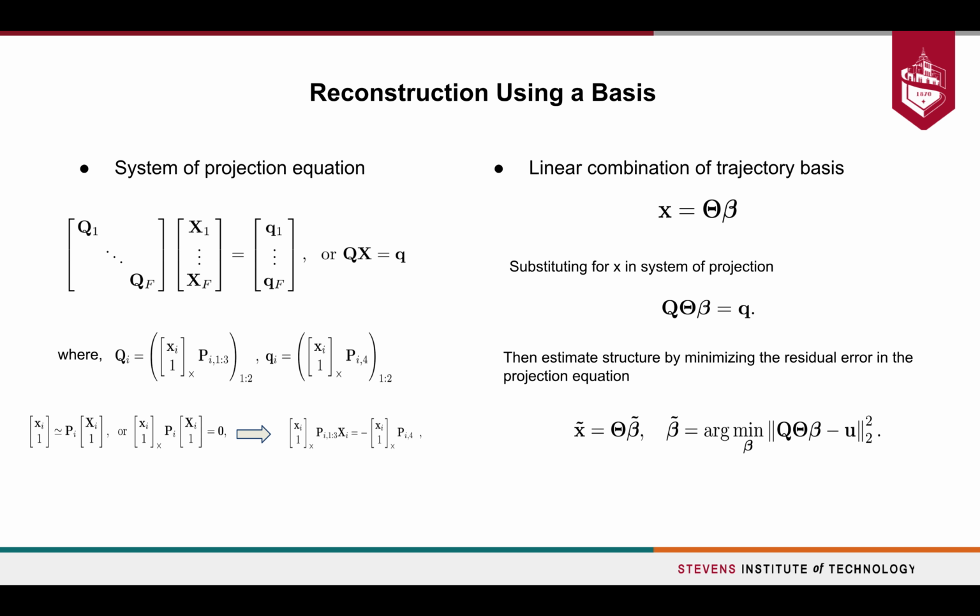Basically, they transfer the projection equation into an inhomogeneous equation for structure X. Then they can directly minimize this function to penalize the projection error, and then they try to